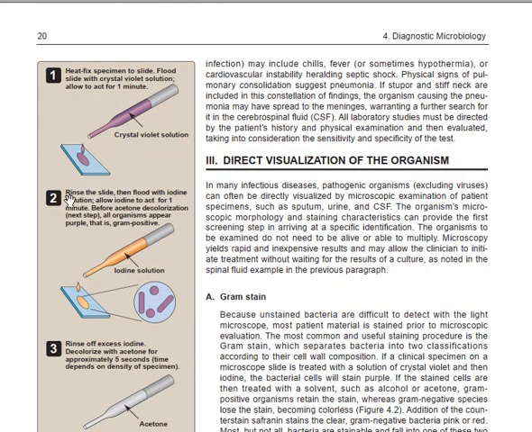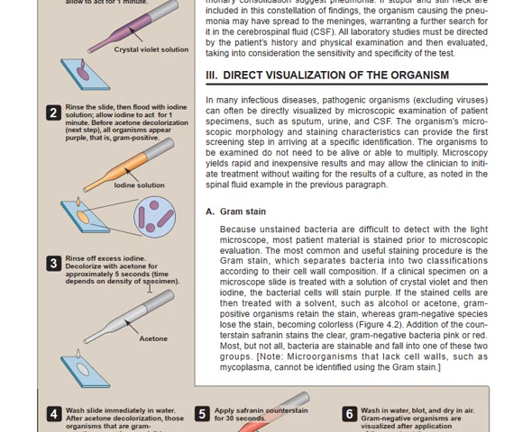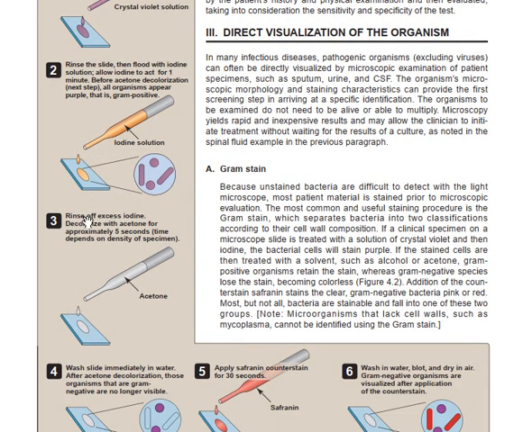So it means that when you rinse and put the iodine solution, the organisms that are gram positive, is it clear, are going to appear purple. Before you go to the next step, all the organisms that you have treated with iodine solution are going to appear purple. Now the next step is to rinse off the excess iodine and then decolorize with acetone